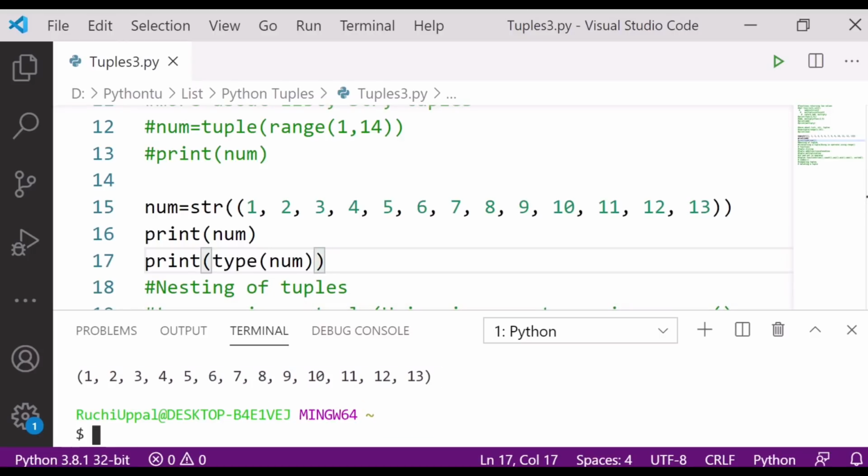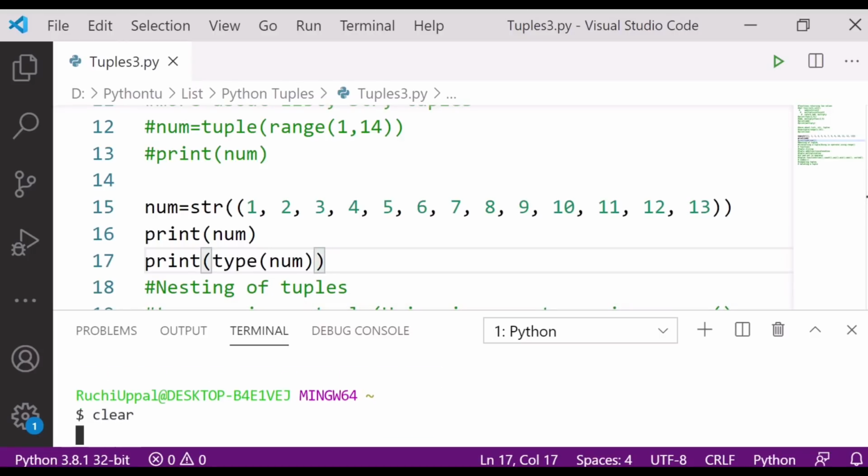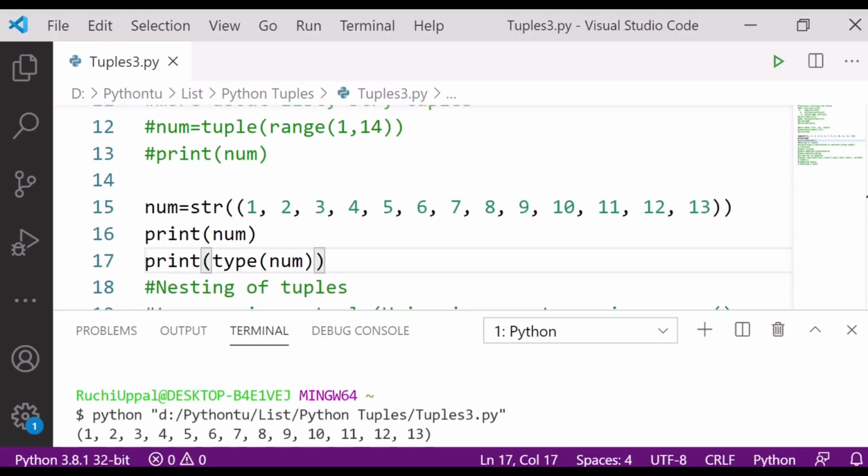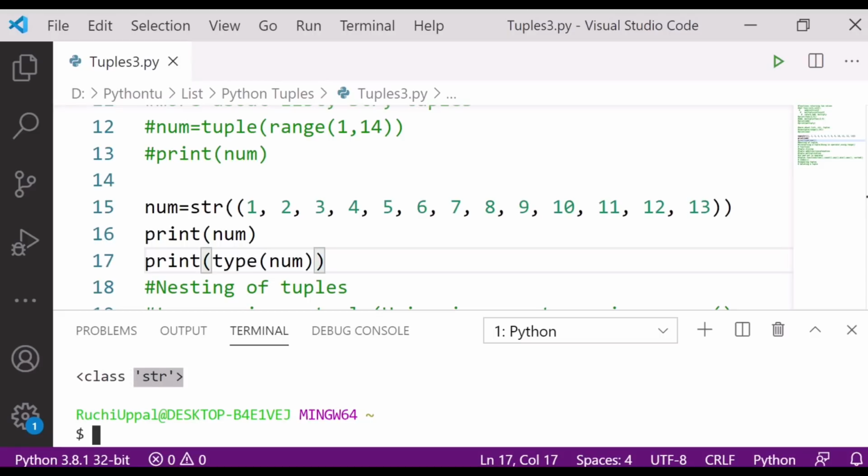Let me clear this. Great guys, you can see here string, its type is string. It is printing this also, and it is telling you its type. So don't get confused. That means it is creating the tuple also, it is creating list also, and of course it is creating the string also.